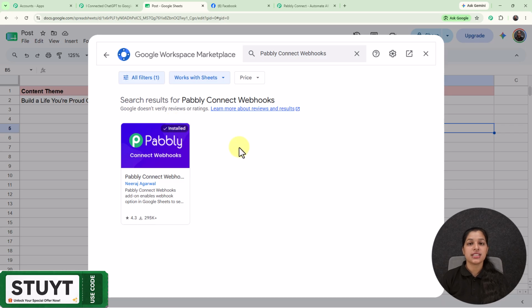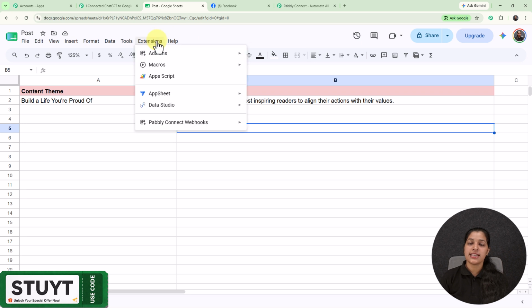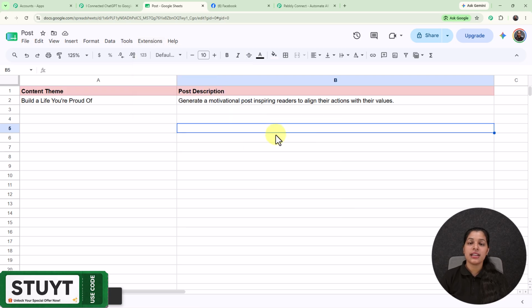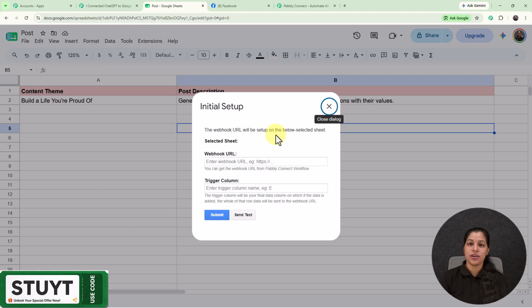So make sure to firstly install it. And afterwards again you have to go towards the extensions where you will see this option of Pabbly Connect Webhooks, where you have to select this initial setup and you will be getting the initial setup dialog box. And right here you can add the webhook URL and the trigger column. So here I'm going to add the webhook URL which I have just received from my Pabbly Connect,